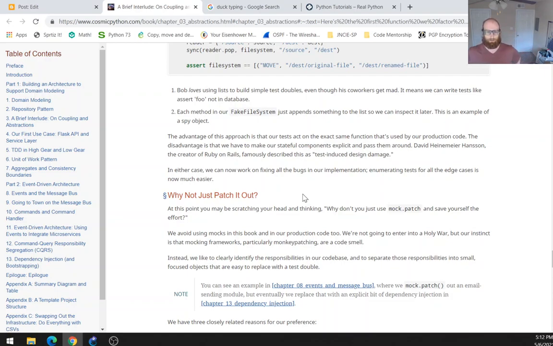Why not just patch it out? At this point, you may be scratching your head and thinking, why don't you just use mock.patch and save yourself the effort? We avoid using mocks in this book and in our production code too. We're not going to enter into a holy war, but our instinct is that mocking frameworks, particularly monkey patching,